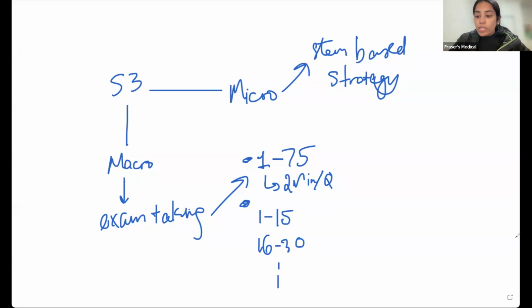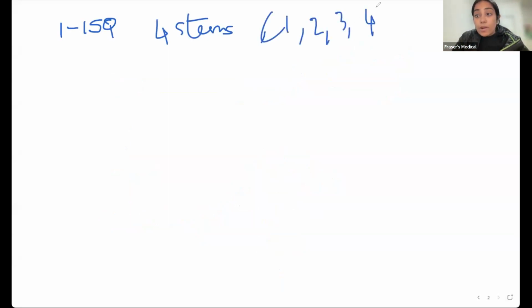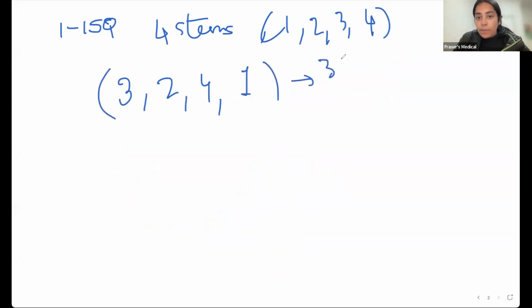So let's say questions 1 to 15 house, I don't know, 4 stems. I order them in the order that I like and find easiest. So I might do stem 3 first, 2, 4, and then finally the first one. But I do all of these within the time limit of 30 minutes, while still choosing within the set which ones I like and what I like to do.